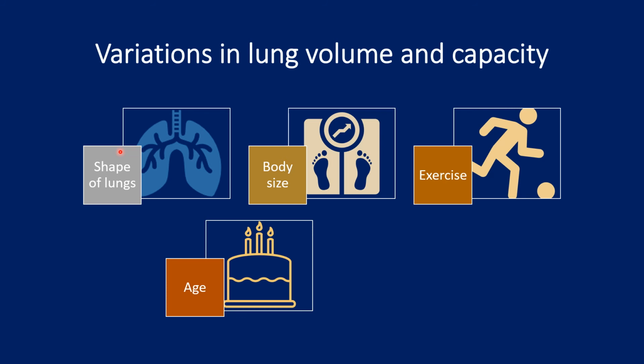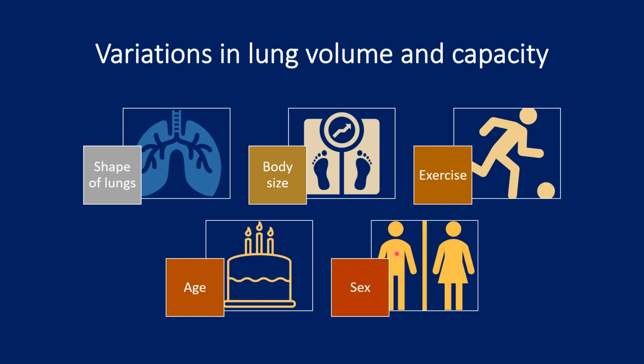Young people have more lung volume and capacities, and gradually with aging, the alveoli shrink, and the respiratory performance is not as much as it was in young age. Next, males usually tend to have 20 to 25% more of these lung volumes and capacities compared to females. Again I repeat, the lung volume and capacities we studied earlier, the figures, the numbers, the values, are standard ones, and not all people have the same value. There are various factors that cause variations in the lung volume and capacities.